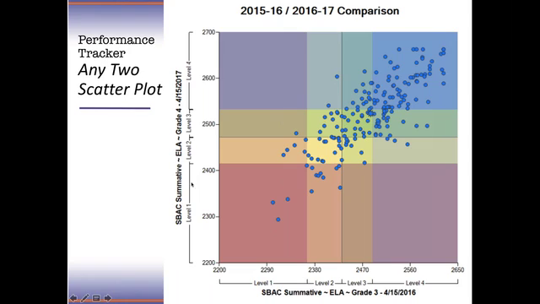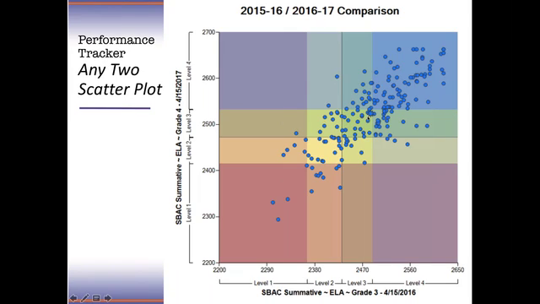So this student here scored a level 1 in third grade. When you're looking at this way, all of this is level 1 for grade 4. This is level 2, level 3, and this is all level 4. So if you look at these, these 3 students scored a level 1 in 3rd grade and a level 1 in 4th grade. Level 2 in 3rd and level 2 in 4th. Level 3 in 3rd and level 3 in 4th, and these scored 4s on both. These that are outside of this line did not score the same. They scored a level 4 in 3rd grade, but a level 3 in 4th grade.